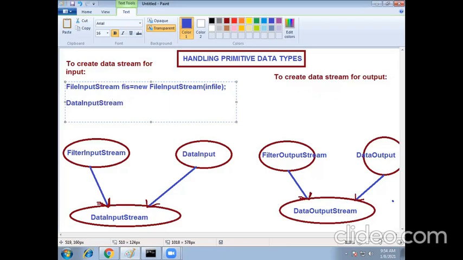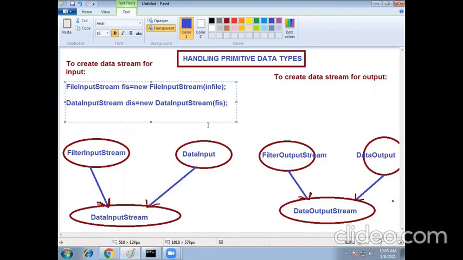Then create a DataInputStream. DIS equal to new DataInputStream, and pass this file input stream object as a parameter: new DataInputStream of FIS.